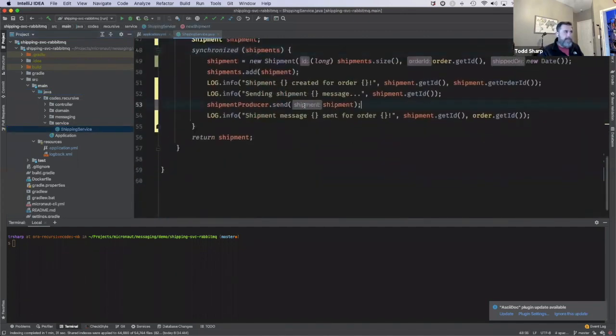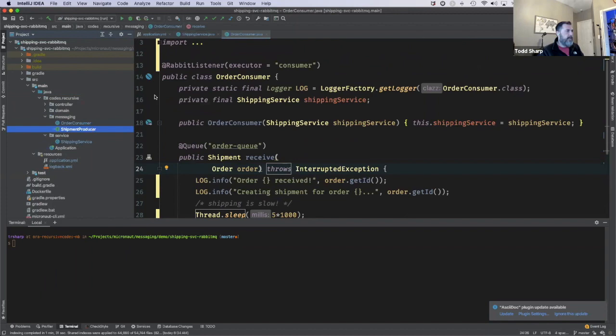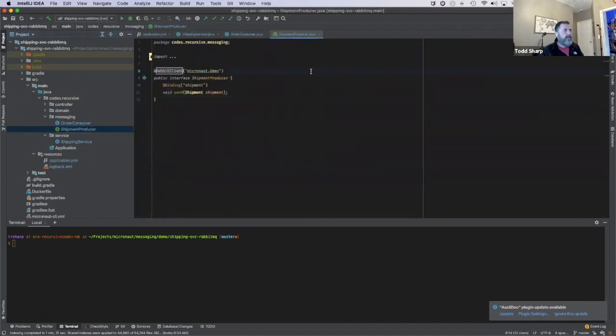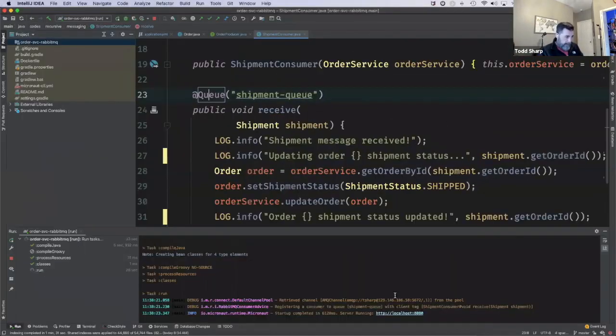Same thing. Basically, the shipment producer here, and our order consumer is a Rabbit listener, and our shipment producer is a Rabbit client. So same thing on this side, on the shipment side. We start that up. All right, looks like our